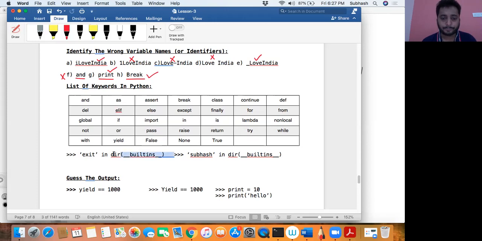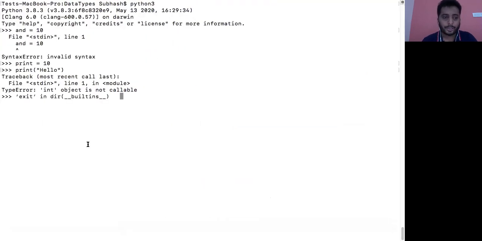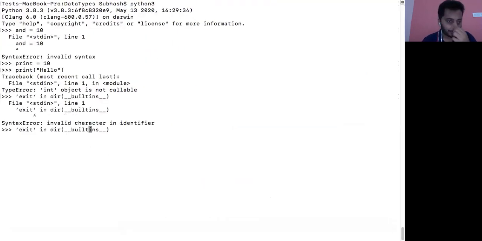Say for example, when I say exit, we'll see whether exit has been used. Okay, one second, I'll change the single quote. When you copy from the Word document to the terminal, the meaning of these characters changes. So if you see, exit is an identifier. It's not a keyword, but it is an identifier which is built into the standard. It has been used in Python for various other purposes, as a function name or object name or something else. So we are not supposed to use it, but if you use it, it doesn't give any error, but it says don't use it.